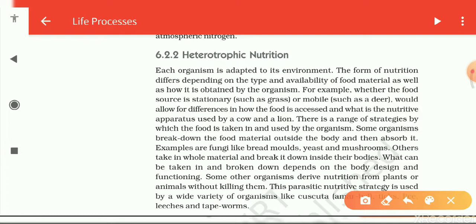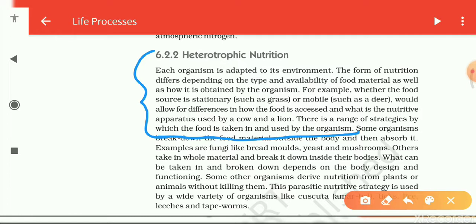Students, very simple, up to here there are strategies by which the food is taken in and used by organisms. If I say it in simple language from here to here,